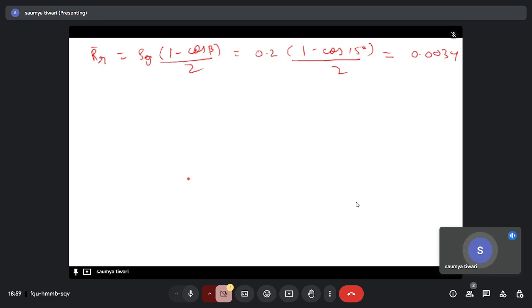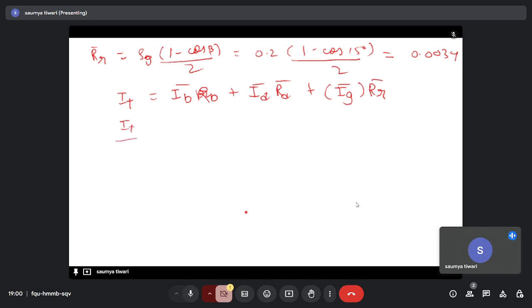We can calculate the IT value, right? The radiation falling on the tensile surface, so average radiation, so it will be IB plus ID bar RD bar plus, so this is IB plus ID, right? So this basically is global radiation, right? RR bar. So if we divide, we'll just write it like this. I'm just rearranging the formula, so it will be